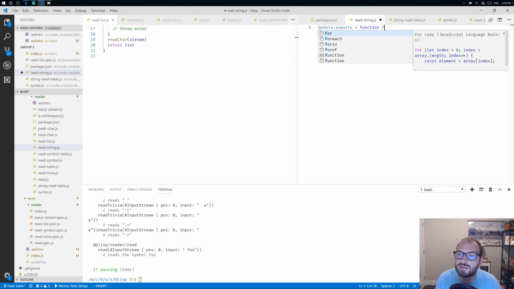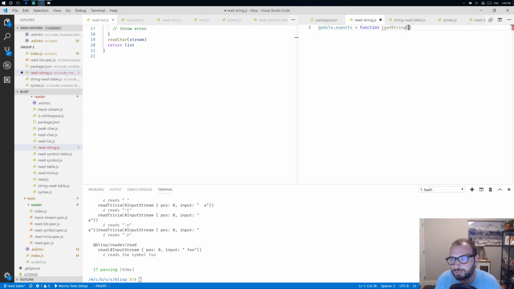All right, function read string. This is going to take a string and a char, and first of all, if char is not equal to quote, we're going to have a bad time. Cool. I already want to start abstracting some of this out. All right, so anyway, we're just going to gobble up